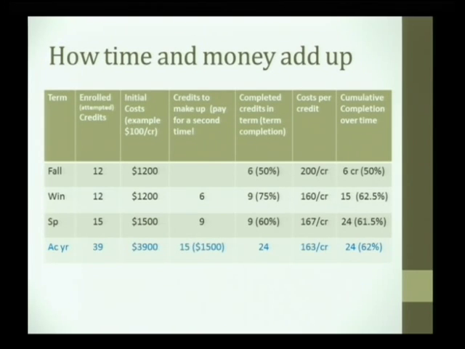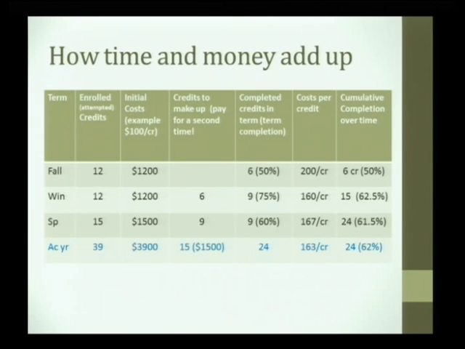So they're trying to make some stuff up. They sign up for 15 credits, $1,500, complete 9 of those, a 60% completion rate for the term. The term's credits are costing $167 per credit. And they've completed in this year, and they're still at a cumulative completion rate below what financial aid will accept. If they had received an appeal that had been approved, it would be gone by then. If they didn't meet it, they would be paying for more credits on their own.